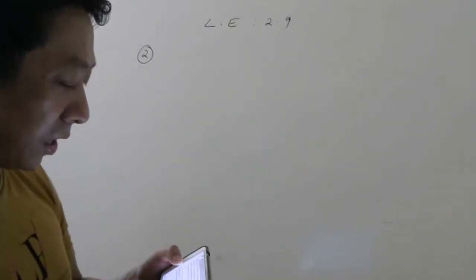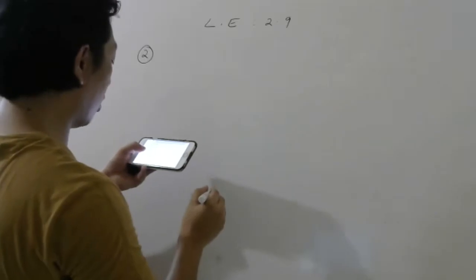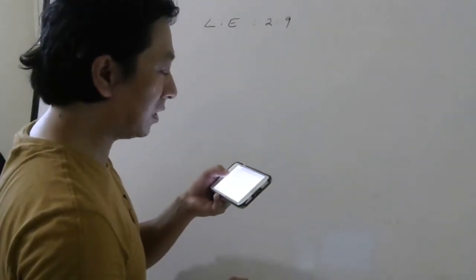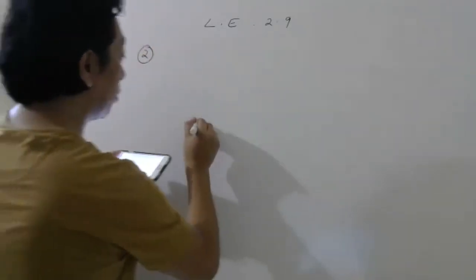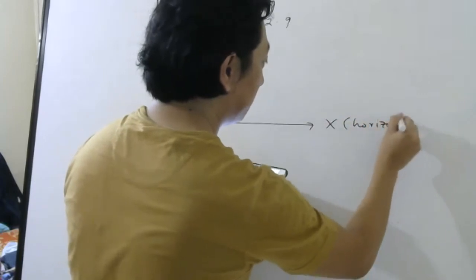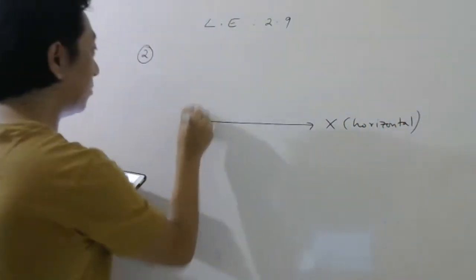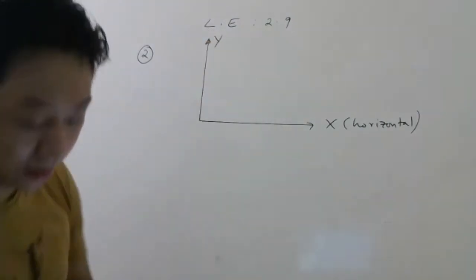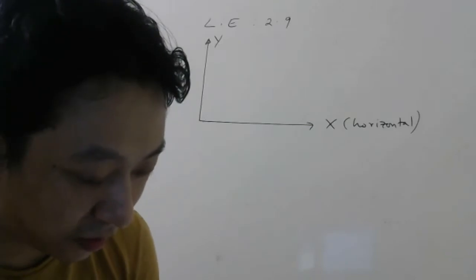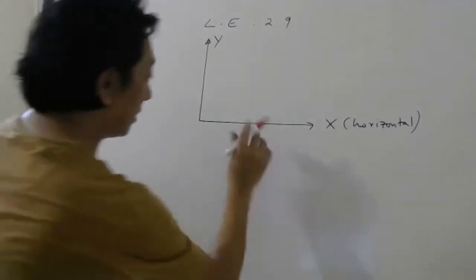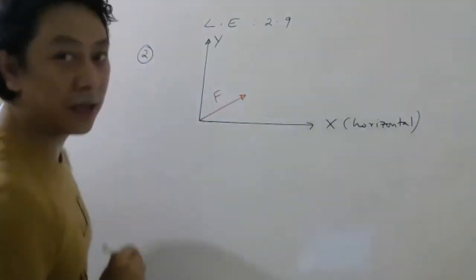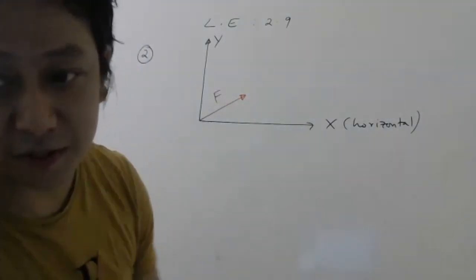A force of 10 Newton acts on a particle along a direction making an angle of 37 degree with the horizontal. So let us call this horizontal the X-axis, then your y-axis will be vertical. And the force, magnitude is 10 Newton. It makes an angle of 37 degree with horizontal. So you have to draw a vector F, let us call. Why F? Because now they are saying it is force.